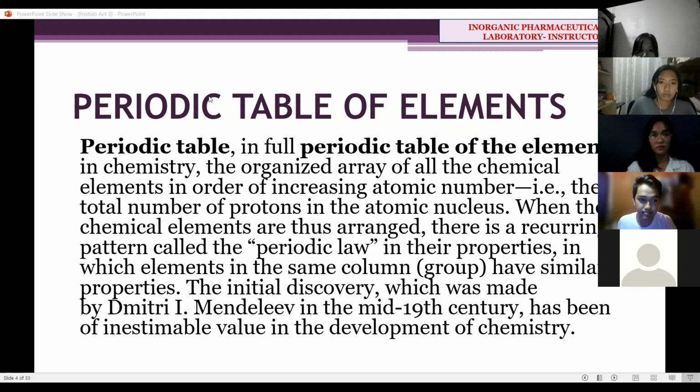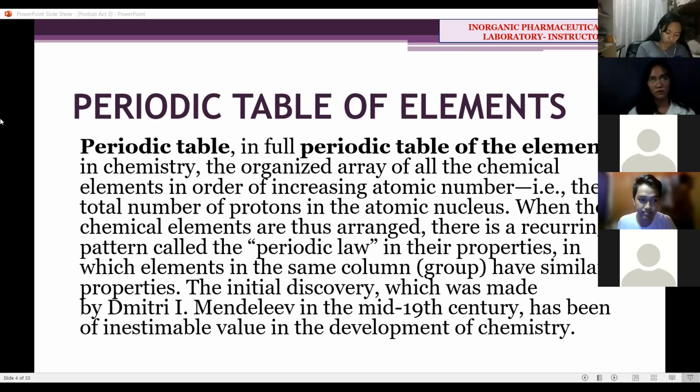Okay, so again, how do we arrange a periodic table? It's arranged according to increasing atomic number. And while we arrange them according to their atomic number, there is a so-called pattern nga nag-recur, pare-parehas sila. So mo na atong tawagan na kay periodic law. Okay, the ones that are grouped together in one group share similar characteristics. Again, we call it periodic law. And the name that is mostly attributed to the development of the periodic table is actually Dmitry Mendeleev.